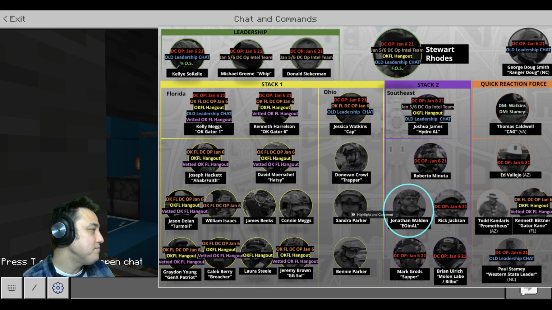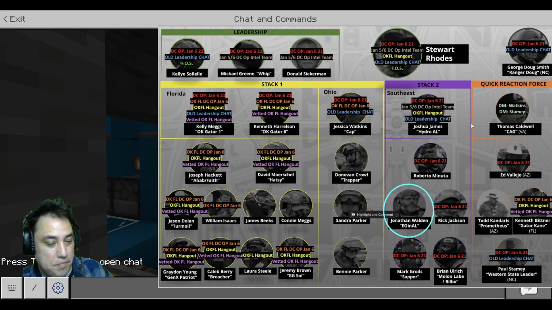This is a graphic I found that explains the Oath Keeper conspiracy. As you know, the Department of Justice is putting people on trial for January 6th. Stuart Rhodes and these guys were in the leadership of the Oath Keepers, and then they had an organization of the leadership